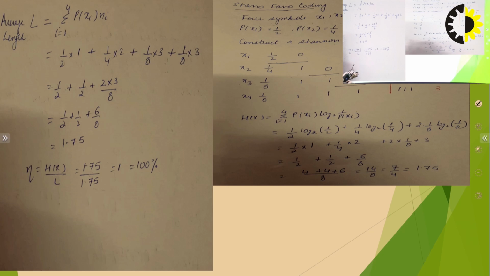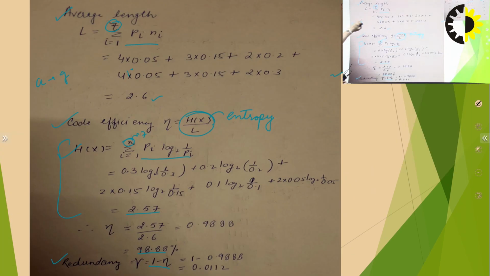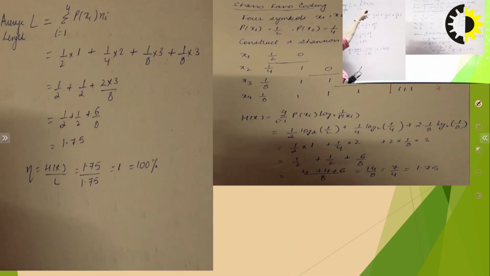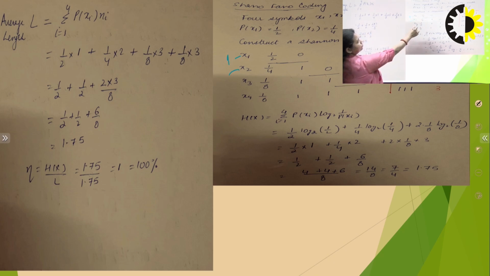So first you have to find out entropy. Then what is average length? Average length is basically L. So L is the sum of p_i n_i. This is the formula which we have already done. The formulas will remain the same. Here also we have done p_i n_i, and there also it is p_i n_i. Right? So what we are doing is, first for 1 by 2, the length from the table is 1. For x2, for 1 by 4 length is 2. For x3 length is 3, and for x4 length is 3.